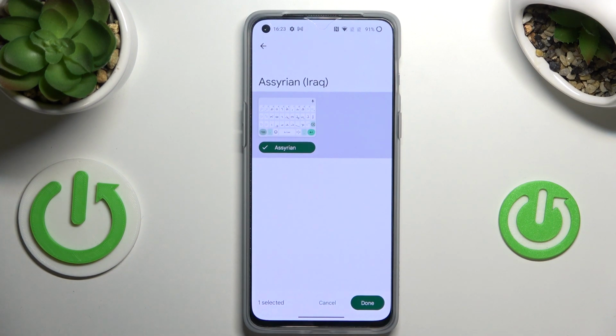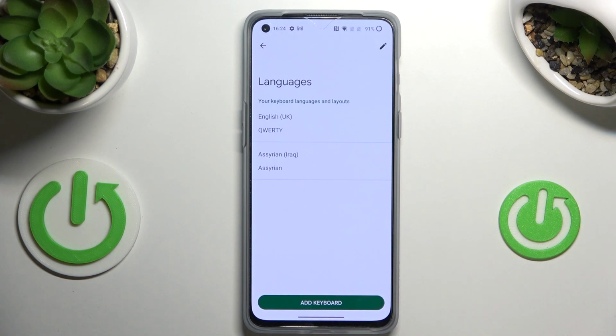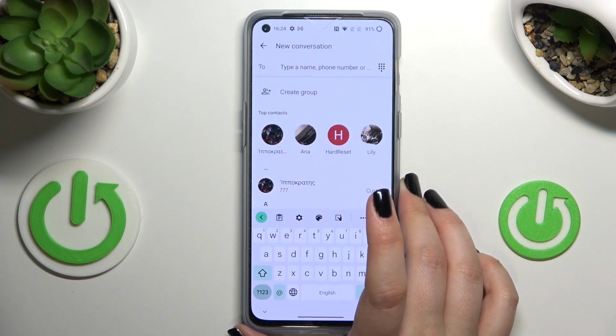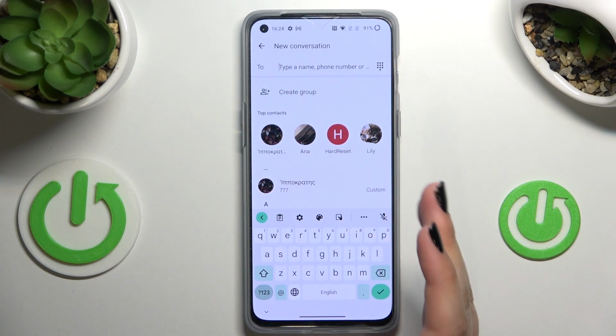In this case, we've got only one type from which we can choose, but sometimes you will have 2, 3, or even 5 different keyboards. So for example, the handwriting or the keyboards with reordered letters, and so on and so on. It's up to you which option you'd like to use. Just tap on done if you are ready, and as you can see, the new language has been immediately applied to this list. So now we can go back to the keyboard in order to check the difference,